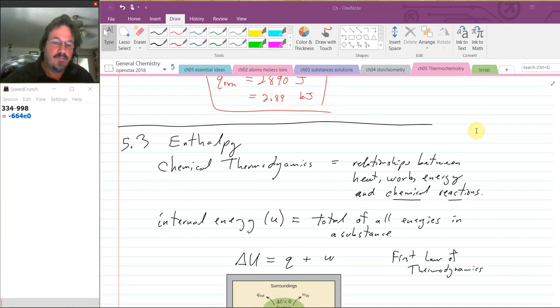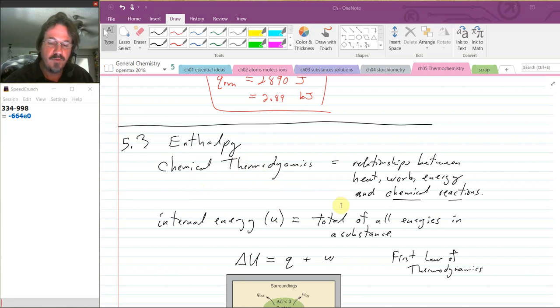Enthalpy. All right, in the study of chemical thermodynamics, enthalpy is one type of energy. There are plenty of others that we'll be talking about, and most of those will come up in a later chapter. But thermodynamics, I mean thermo meaning heat, which we more broadly think of as energy. Dynamics, so the change of it, it's in motion, it's not static, it's changing, it's flowing from one thing to another. Right? Thermodynamics, and specifically chemical, involving chemical reactions.